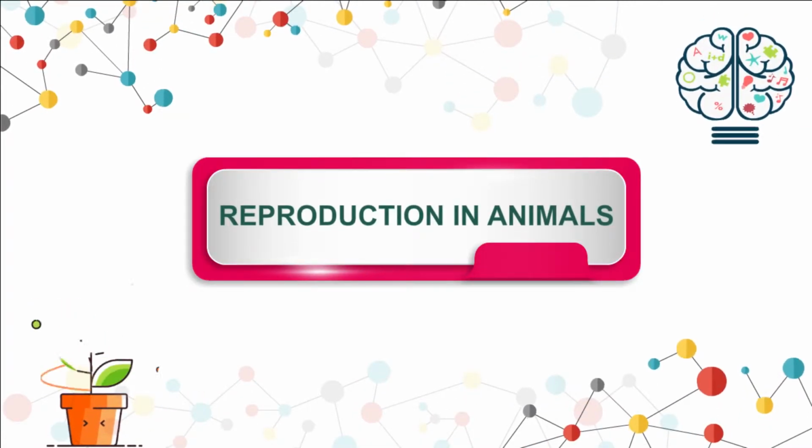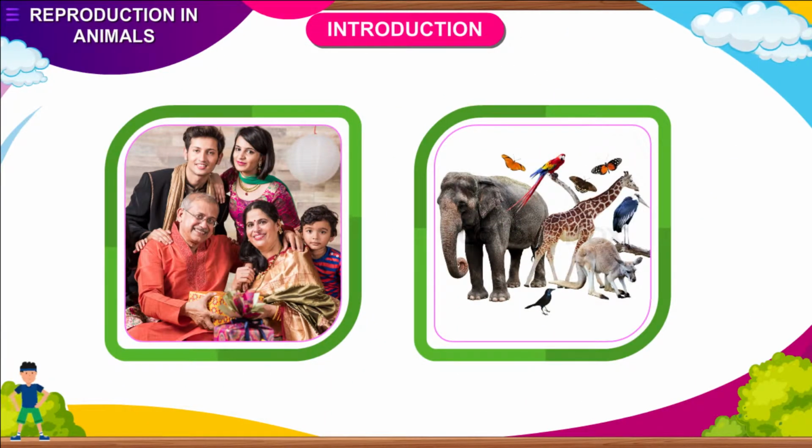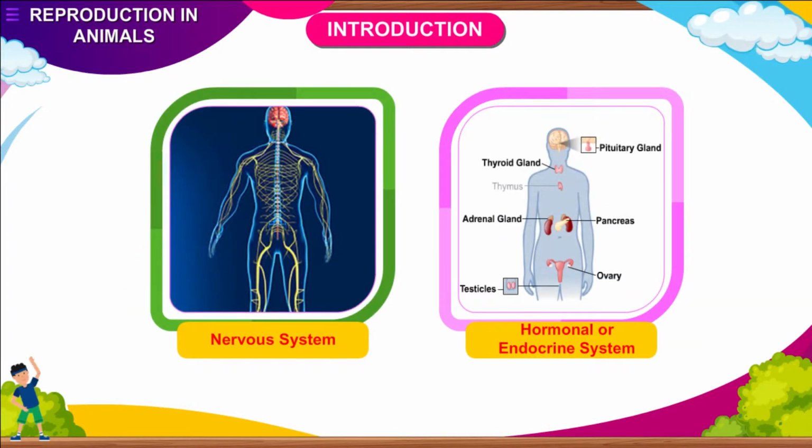Reproduction in animals. Introduction. The functions of the body of a living organism are regulated by two major control systems, the nervous system